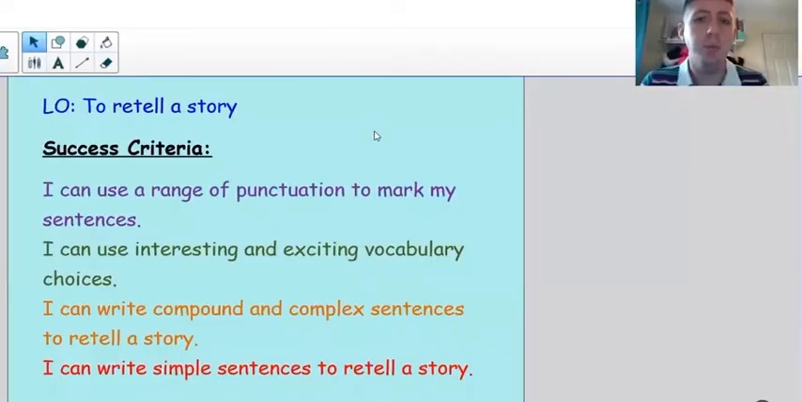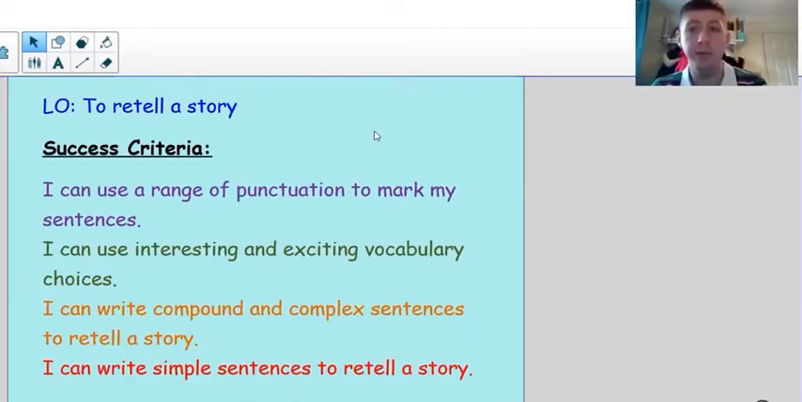Today's literacy lesson is probably going to be a bit more of a difficult one. We're going to be retelling a story. So, using the plans which you came up with on Tuesday, we're going to be telling the story of Adelita in our own words. So, to be successful, we're going to see if we can write simple sentences to retell